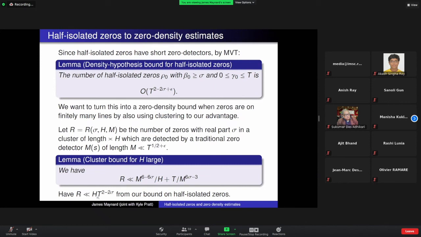So you can refine this slightly, but this shows that you get a good bound for the number of zeros on the line with real part equal to sigma whenever h is small, and so for small clusters. And so the question then is, can I also get a good bound if I have much longer clusters, when h is quite big? I would have these very long, dense clusters of zeros, maybe on the 3/4 line. And this lemma is maybe a proof of concept that you can do better. This is just exploiting the new clustering information with more standard zero detecting techniques.